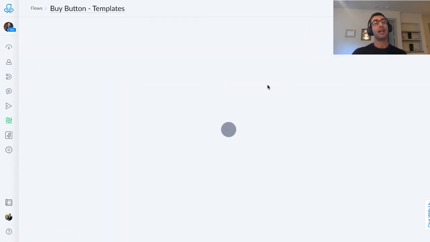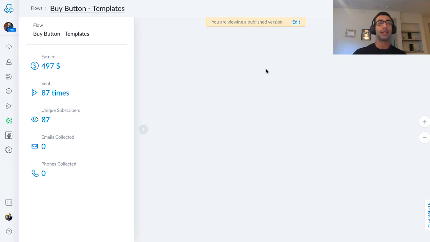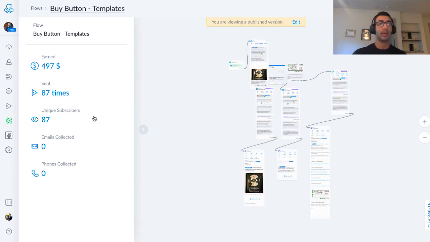So what I did is I said, hey, what's a cool thing that people want to buy quickly? I wanted to test like lower ticket items. So like $497, $249, or like below that. And I know in my mind, just from experience, like templates sell really well, templates of anything. So I was like, you know what? I'm going to do like funnel templates and chatbot templates, and I'm going to sell them inside my ManyChat